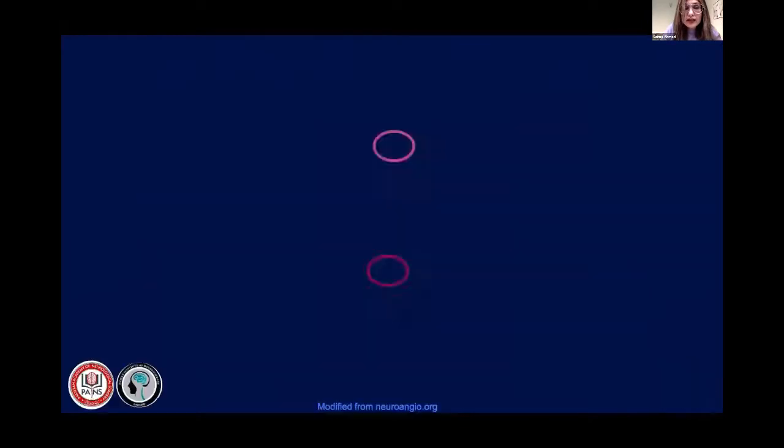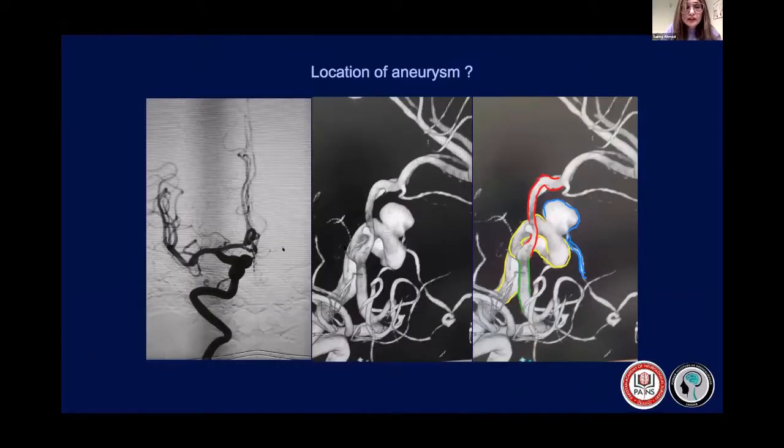So this is one example. This is my own case. Unfortunately, I do not have the lateral projections, because we have to see the ophthalmic artery in the lateral projection, and I have this. So 3D is always very helpful. Whenever you are going to do surgery on any case of aneurysm, always ask the neurointerventionist to give you the 3D. On the 3D, you can see that this is the ophthalmic artery, which is arising from the aneurysmal sac,